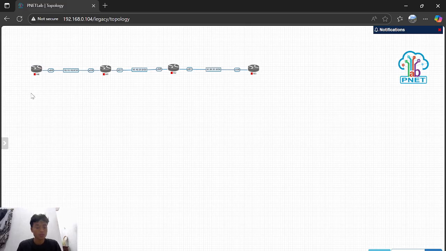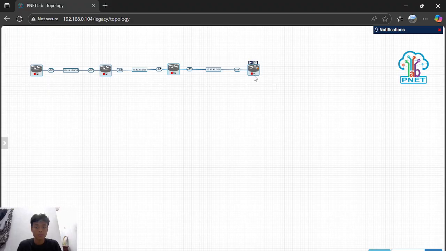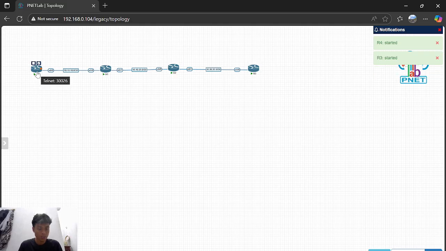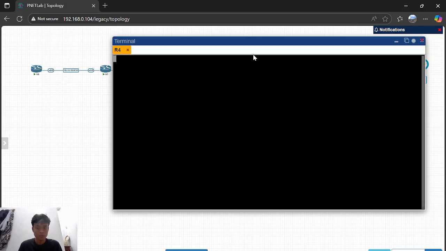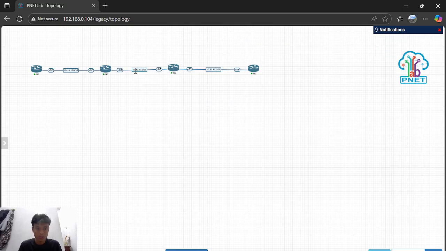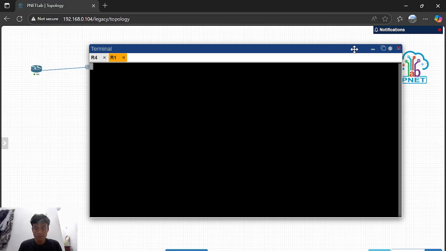First of all, you can turn on the router like this, and then we wait. If the router has started, you can double click here. You can double click on each router, which will turn on the router.